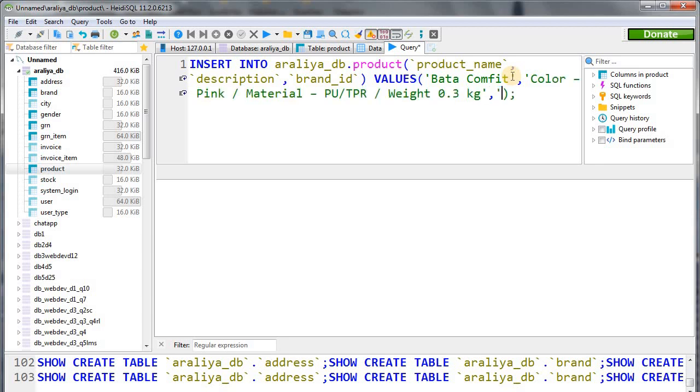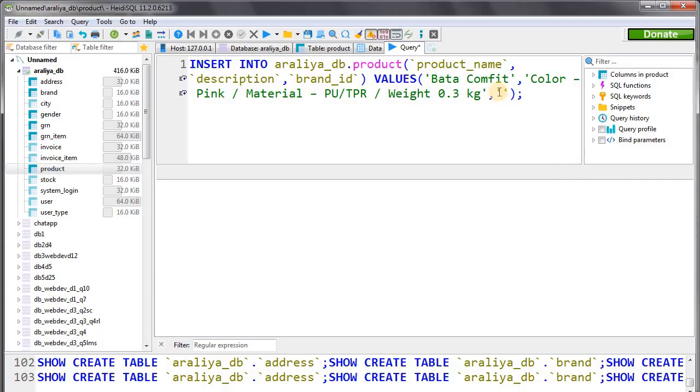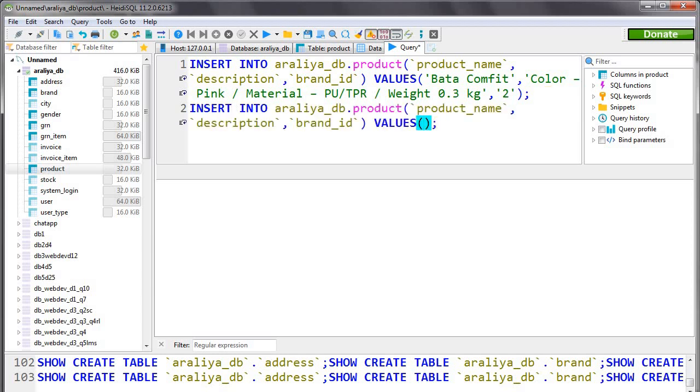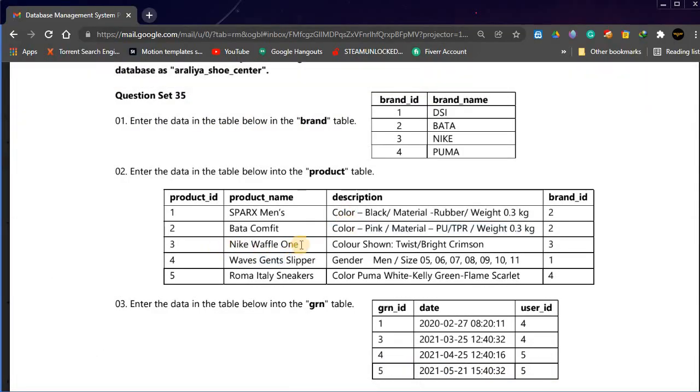Okay, here's the last value. Sorry, brand ID is number 2. Okay, now let's write another query. Insert into. This is the first value in our third record, this one.